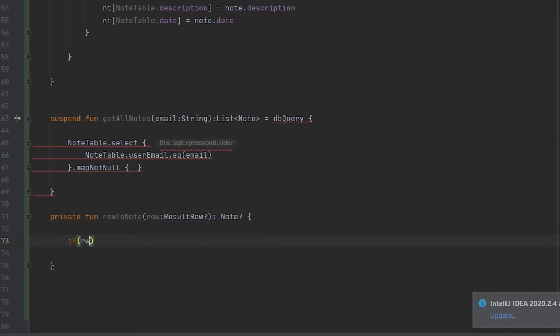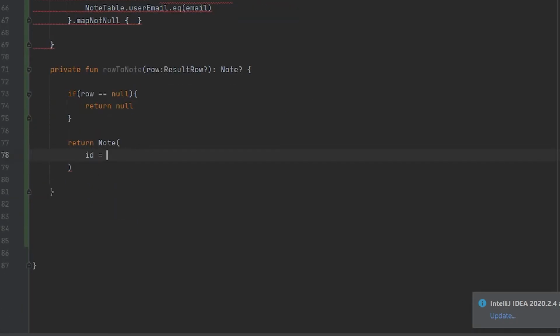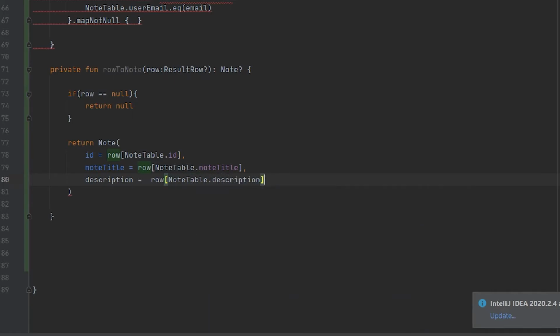If our row is null then we will return null, else we will return a node where id is equal to nodeTable.id, and title is equal to nodeTable.nodeTitle, and description is equal to nodeTable.description, and then date is equal to nodeTable.date.